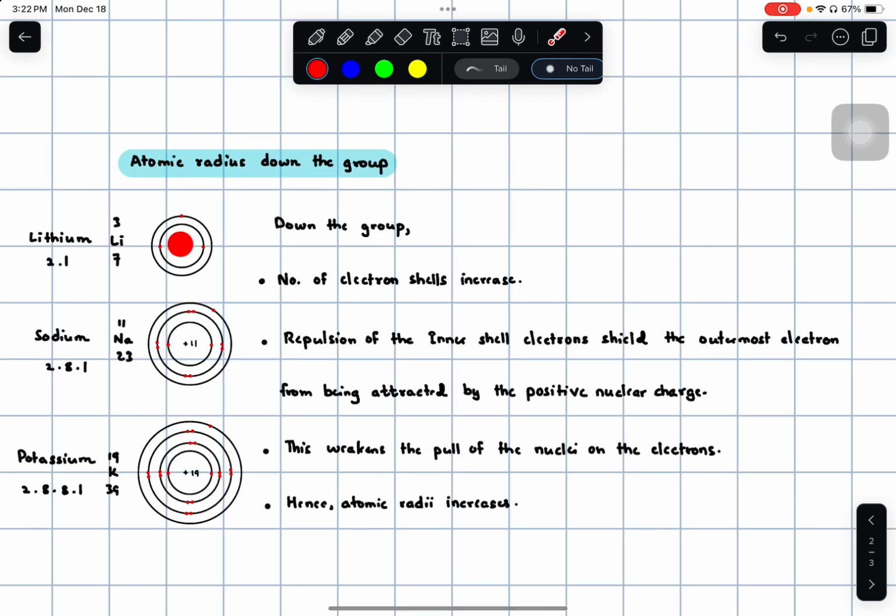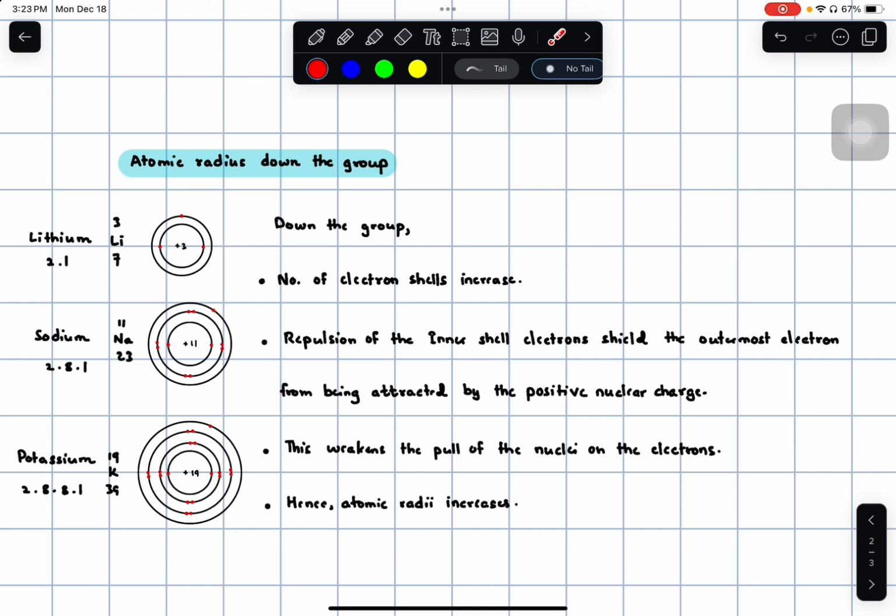When you're going down the group, in this case, group 1, which is lithium, sodium, and potassium, you'll be able to see that the number of electron shells has increased. Lithium has 3 electrons, so it would be 2.1, and sodium is 11, so it would be 2.8.1, and potassium would be 19, which would make it 2.8.8.1. So you see that as you go down the group, you have an addition of